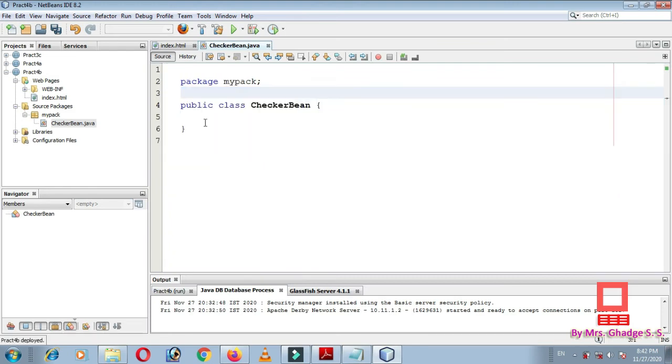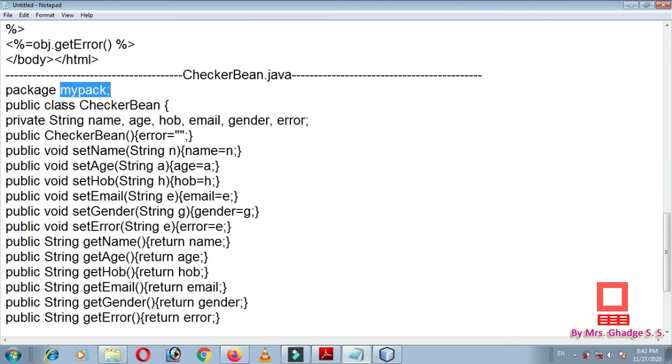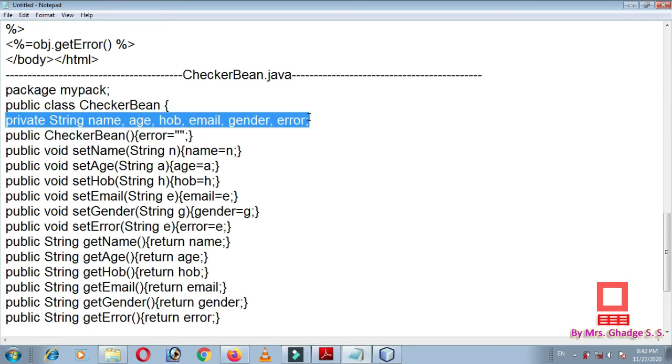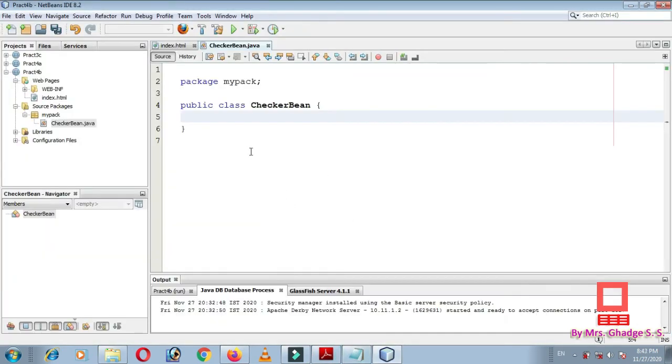Now what we have to add is some variables for the various fields. All these variables, as you can see, are private variables. I will just copy and paste them here. So these are a total of 6 variables.